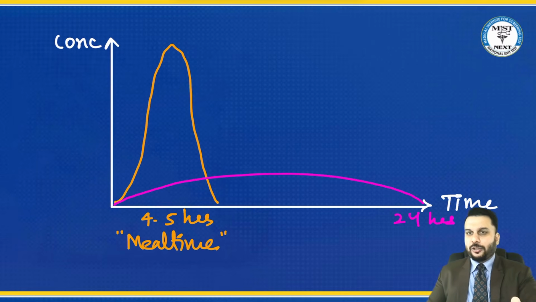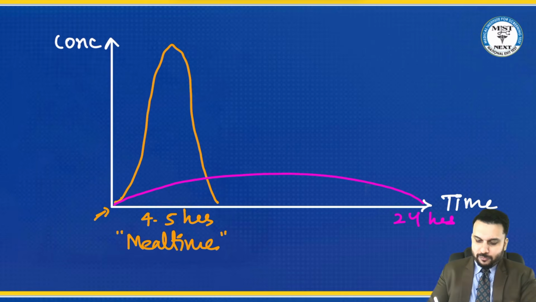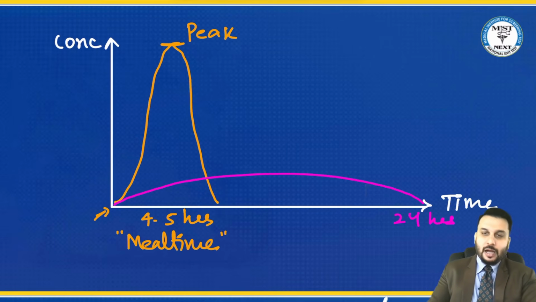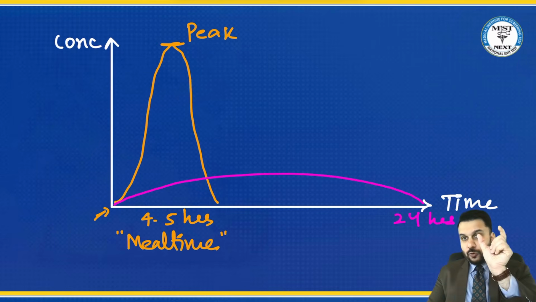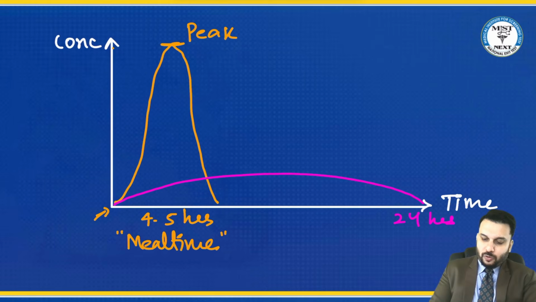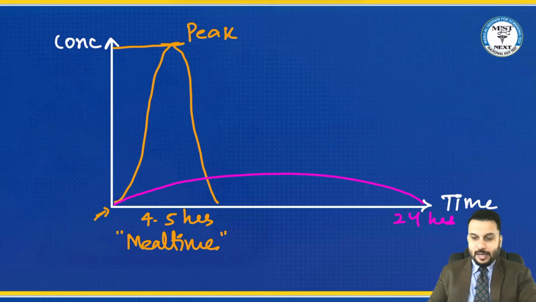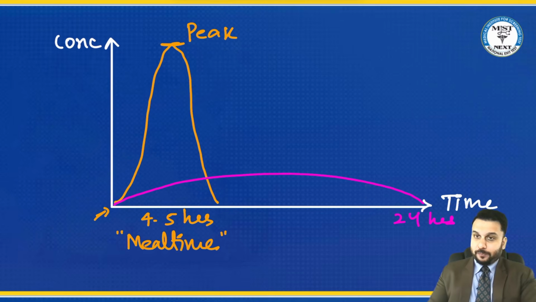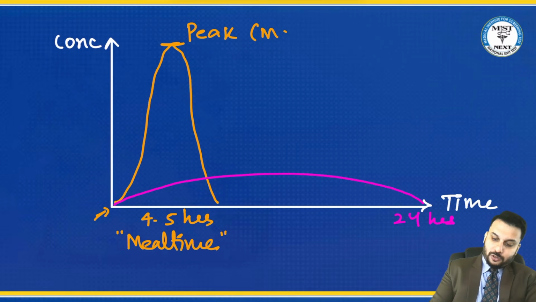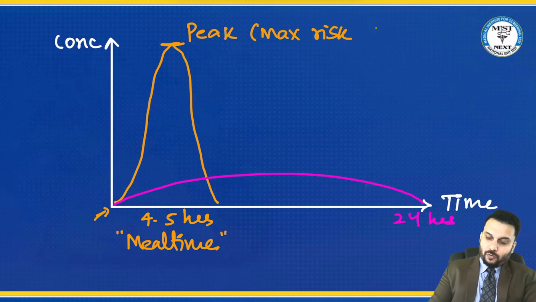That means the moment you give this insulin, within 15 minutes, this insulin will be reaching high amounts in your blood. And this is called the peak, right? Because there is so much concentration of insulin in your blood at a moment, what will happen is hypoglycemia. Okay, so these drugs, which are rapid insulins, will have maximum risk of hypoglycemia.